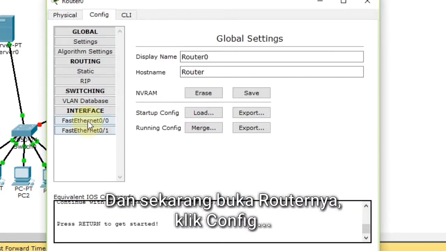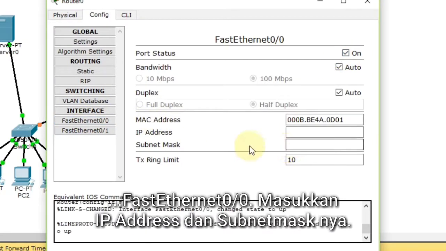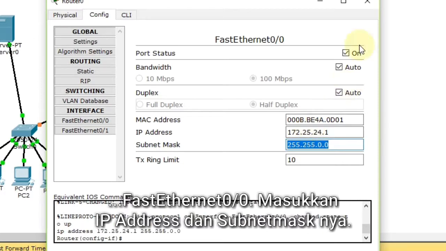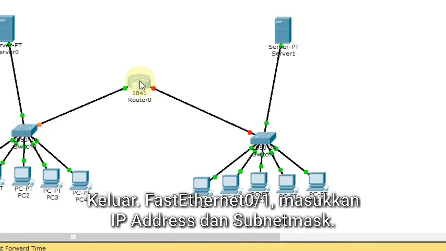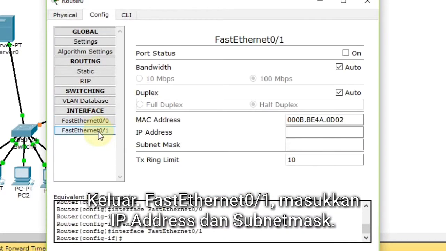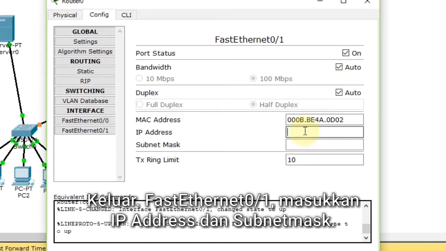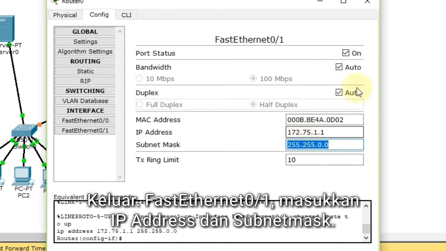And now open the router, click config, flash ethernet 0, input the IP address and subnet mask, exit, and flash ethernet 1, input the IP address and subnet mask,